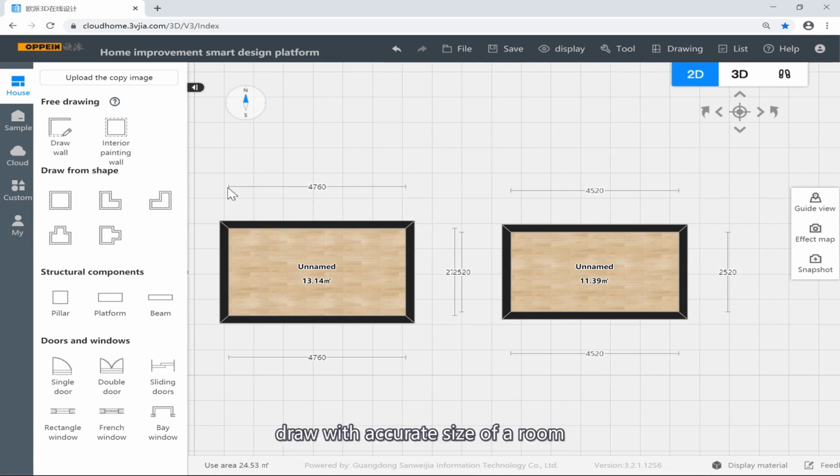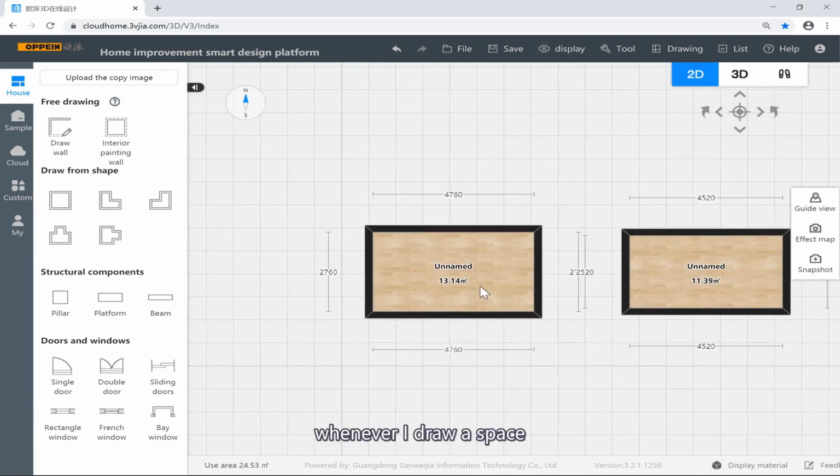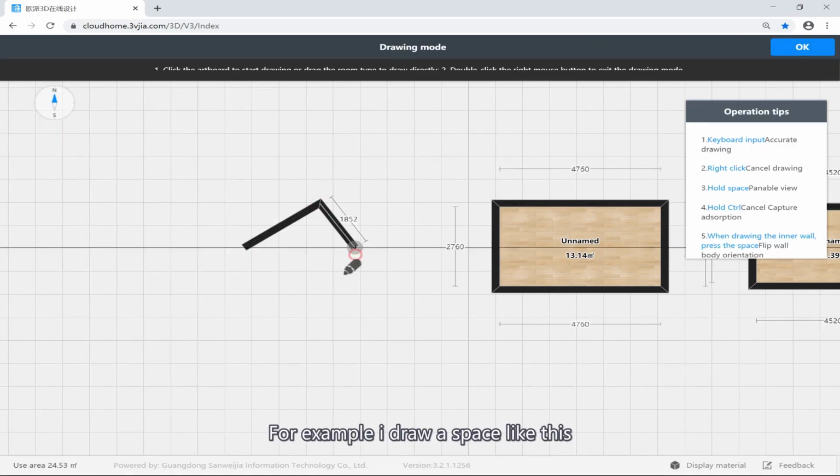So imagine you know the accurate size of the rooms. Maybe it's a better way to use the second one, the interior painting wall. And as you may notice, whenever I draw a space, the ground will automatically generate. Okay, so for example, I draw a space like this,